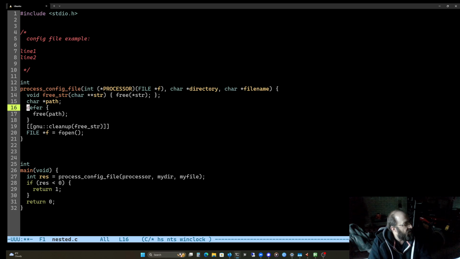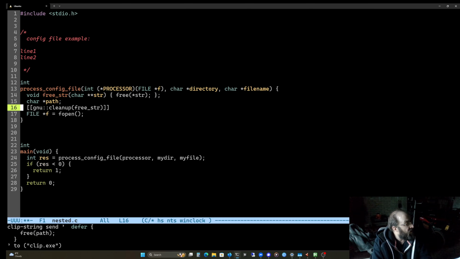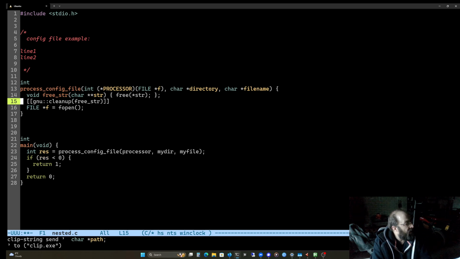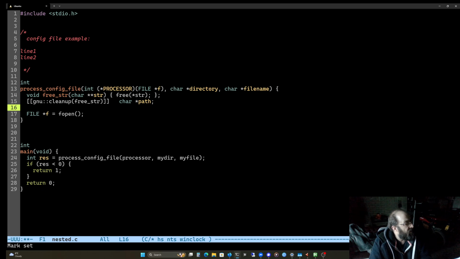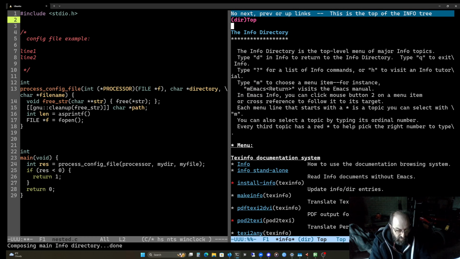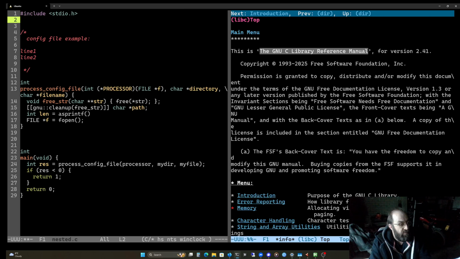We just need this, and that's pretty nice, I think. Okay, so for now though, we need this. So now we're going to use asprintf, which I think might be in stdio, but I've got a libc manual hanging around here somewhere. So asprintf.